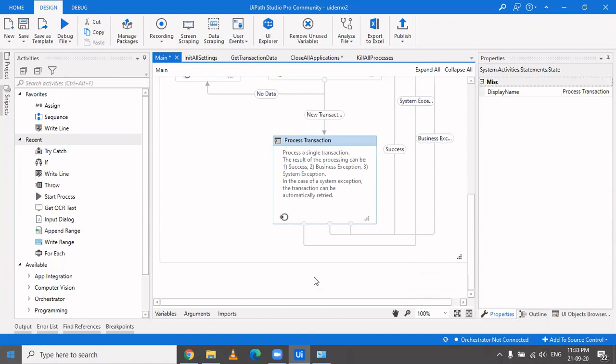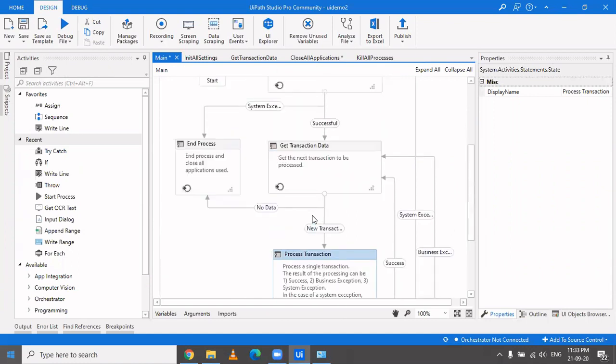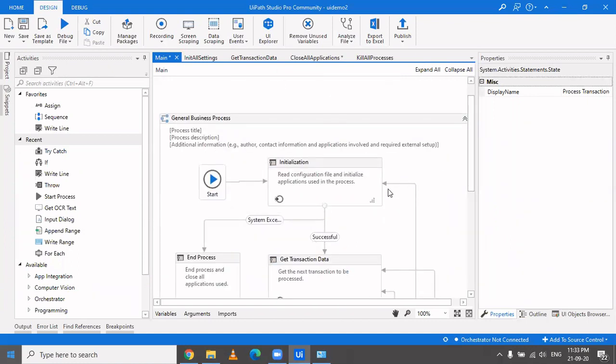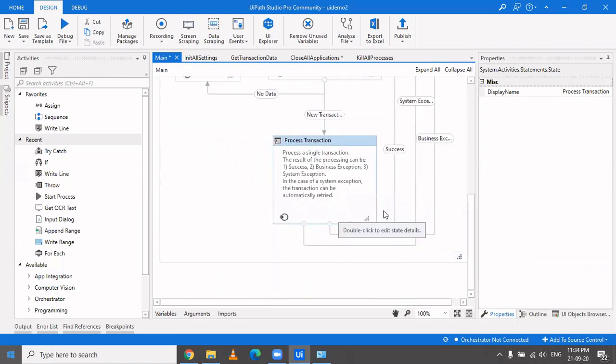Usually we do not make it go to the init state. That's not what usually happens in real-time projects. You either retry it here only, this is how the transaction goes, and you name it here retry. And you can put the conditions here, or you can make it go to get transaction, or you can make it go to some other state. So it totally depends on the type of process you're dealing with.